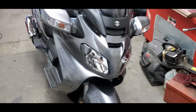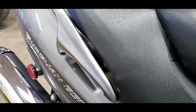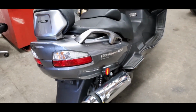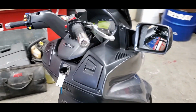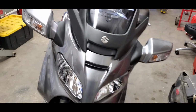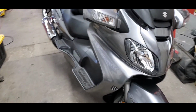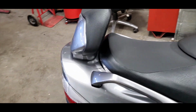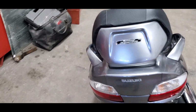Oh yeah, and today we have a very special guest star. This is a 2008 Suzuki Burgman 650 Executive. Oh boy. So, needless to say, anytime we get these, they're pretty much the belle of the ball. More than likely, one of the most popular machines that we have seen in the last couple years by far. It's amazing how many phone calls I get asking if we get these in or have I seen any lately,